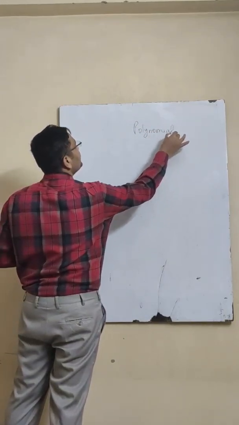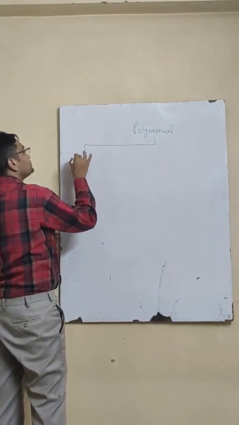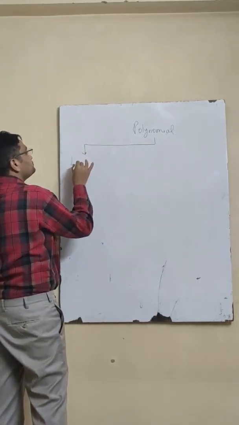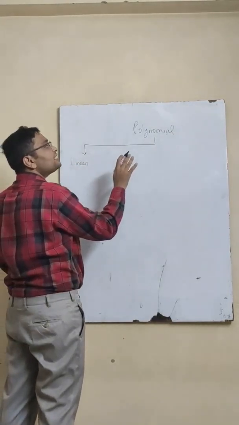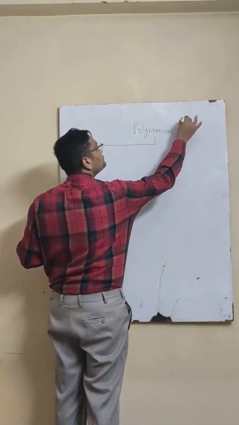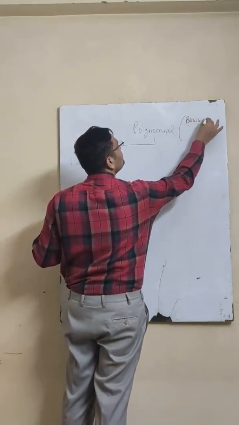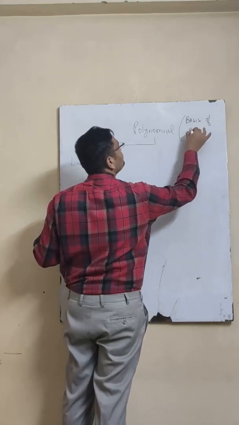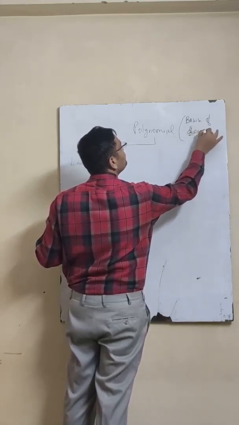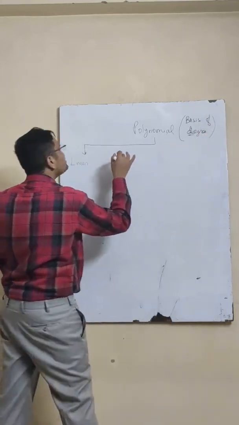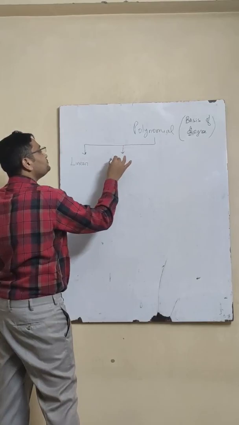On the basis of degree, polynomials are of 4 types: linear,